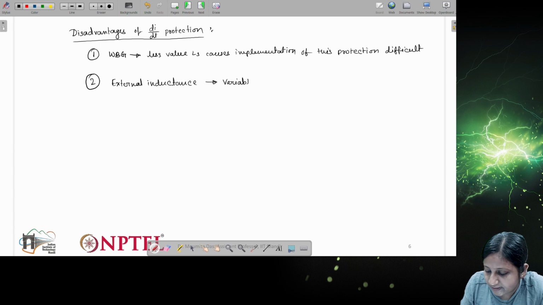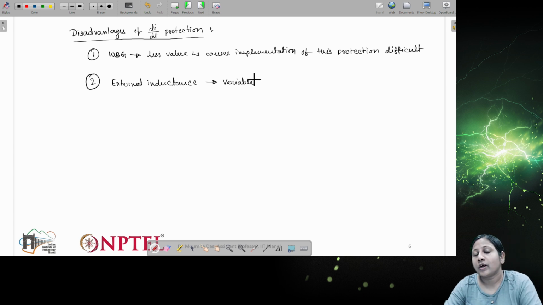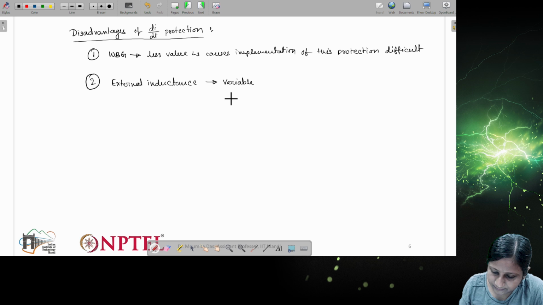It means the inductance required is different for different devices, so it is not constant. It is device specific. So if we have a protection circuit, we cannot use it for any device. We have to optimize the value based on the device rating. So that is another important point. Okay, so these are the disadvantages of DIDT protection.